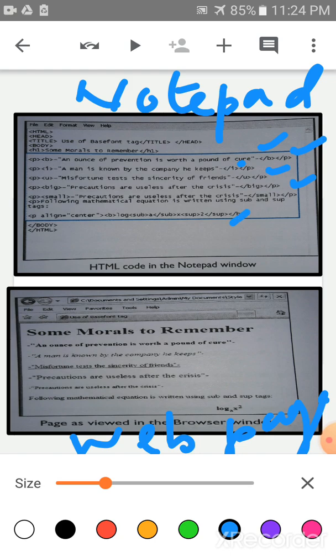Okay, many tags we have used here in an HTML coding in a notepad window, and after saving you can refresh your window. Web page is there. These are the output of your coding in notepad. This is the web page.